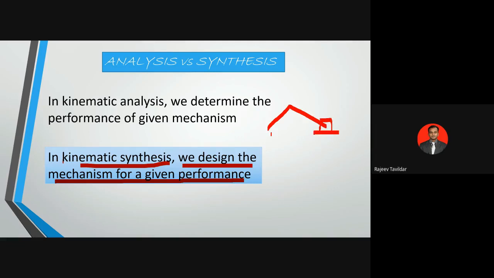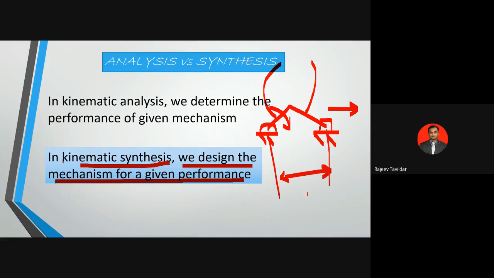So this is a slider crank mechanism. When this particular crank rotates and makes one complete rotation, I want this slider to translate in the x-axis, say by 5 centimeters. This is the performance. To obtain this performance, you need to identify what should be the length of this, what should be the length of this, what should be the distance between these two at the initial condition. All these things which you need to determine, that is called synthesis of mechanism. So I hope the concept is clear.